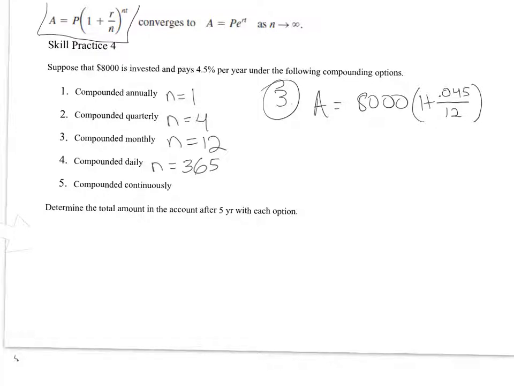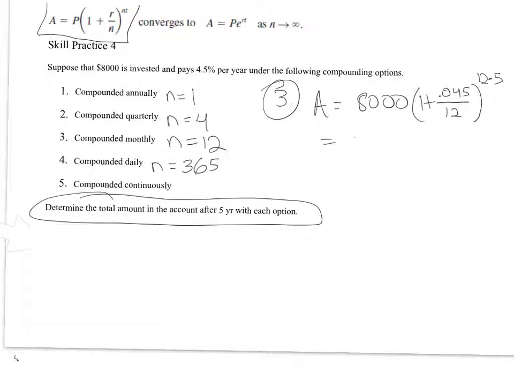And our exponent is n times t, so our n again is 12 times t, and notice at the bottom, we're saying determine the amount in the account after 5 years with each option. So we're going to multiply this by 5. So they're always going to tell you a time. All right, so we want to simplify this as much as possible before we actually plug this into our calculator. So we have 8,000